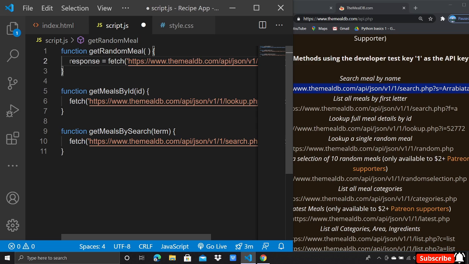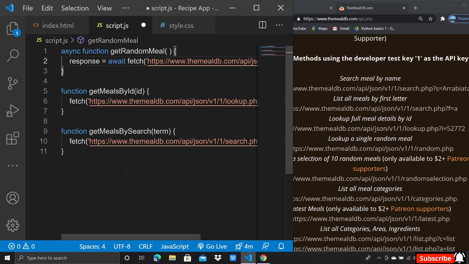There is one new and interesting thing that we have to learn here: we must use async and await here. The async keyword is always placed before a function, and this function should always return a promise. It means this function promises to return the values from the database. We have to use one more keyword as well, which is await. The keyword await will make JavaScript wait until the promise is fulfilled.